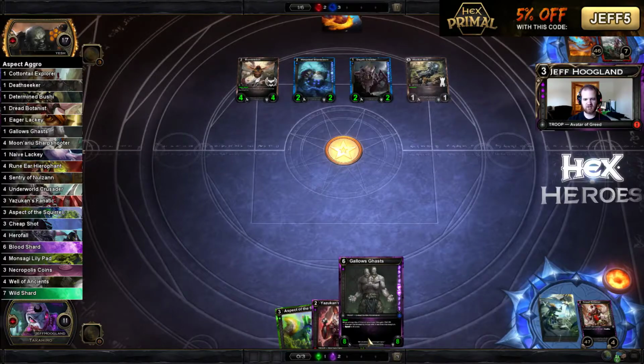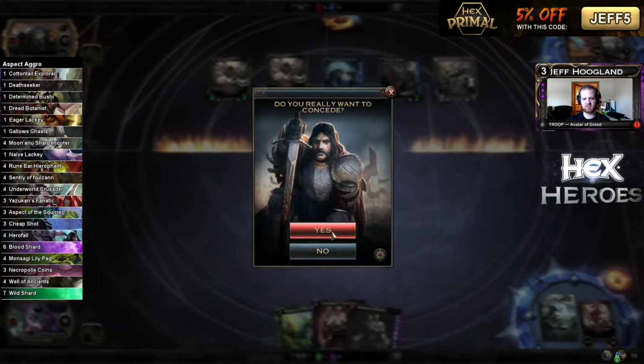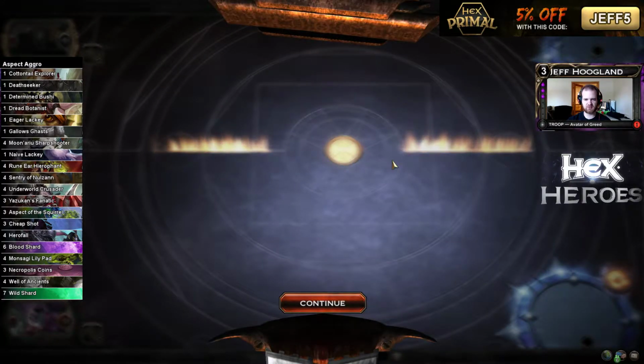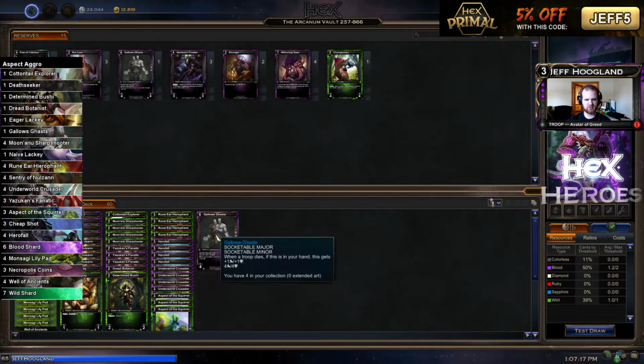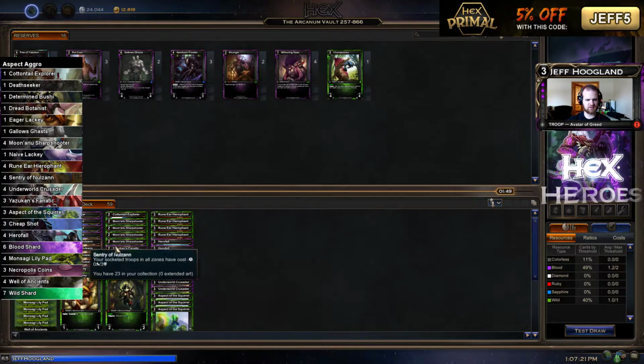Unfortunately, this got fairly large here, but at this point, our opponent just got too much pressure on the table, and we just missed too many resource drops here. So, when we head to reserves, I'm going to cut this Gallows Cast. I'm going to cut...